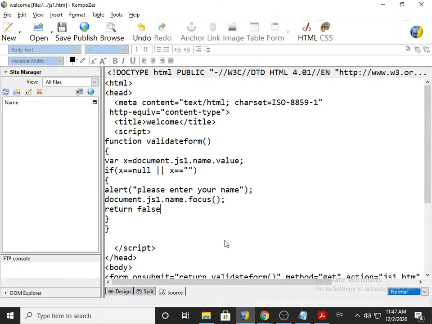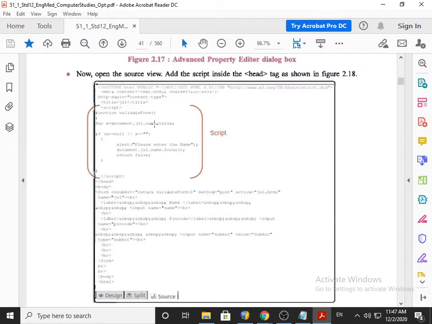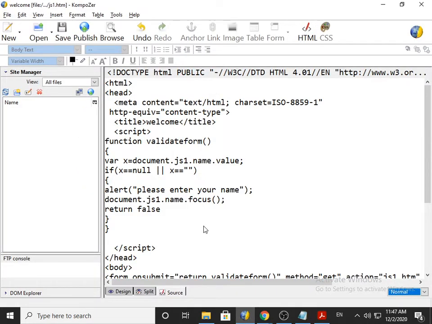In our previous lecture of Standard 12 Computer Subject, Chapter number 2, CSS and JavaScript, we discussed some of the essential concepts of JavaScript. I will revise some of the concepts, and then today we will discuss the script. In your textbook, the script is not printed properly. In some textbooks, it's not visible. But I will explain each and every line of this script in detail. Now, let's revise some of the concepts of JavaScript.